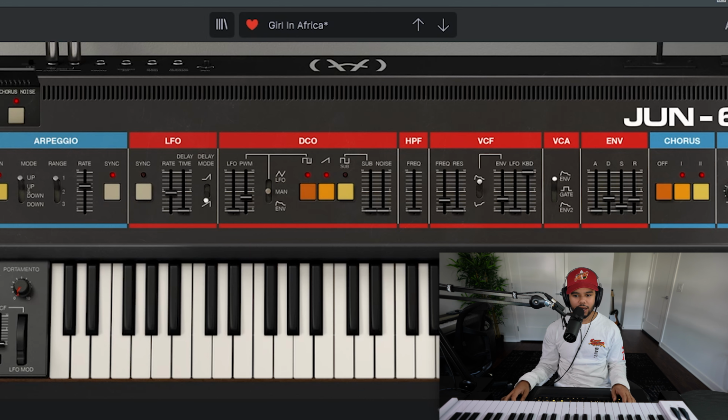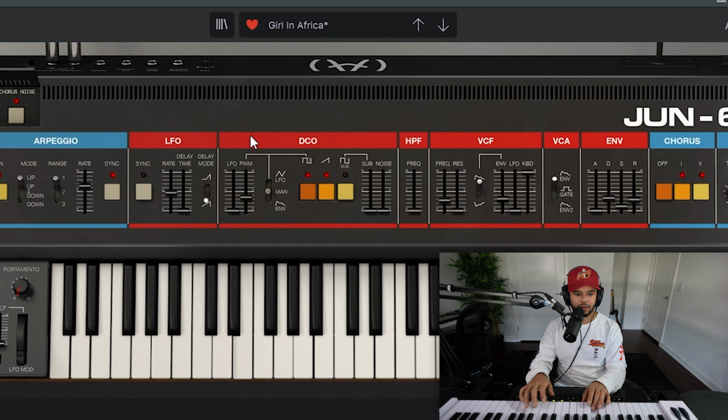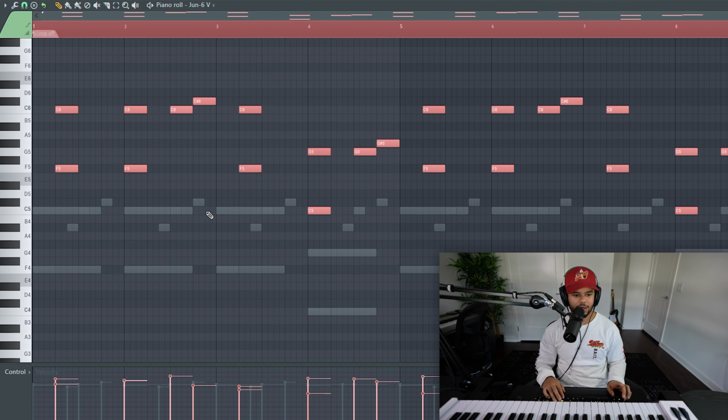Next sound I'm pulling out is another synth. I just turned this into an ARP. Most VSTs, you can turn things into an ARP. There's probably a setting, just look it up. I'm not sure what you're using right now, but you can also go here. There's an ARP setting right there, and you can turn on the ARP and then just play with the time right here. Here's what I ended up coming up with for this, and I just thought it sounded